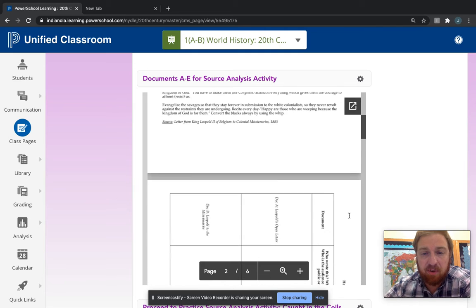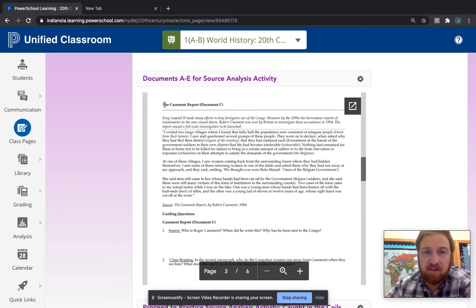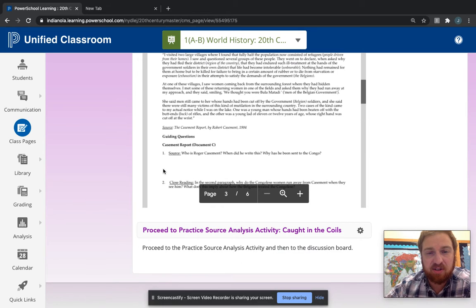And then further down, you also have now document C. Document C is a report where the British get a suspicion that King Leopold is doing some pretty insidious things in the Congo. And so they send down Roger Casement to do a report. And as you read this document, you'll see what's actually happening in the Congo, as well as your documents